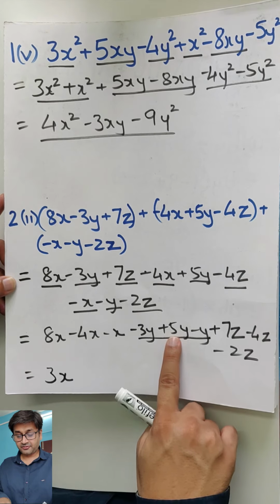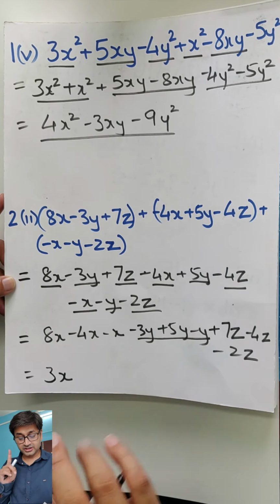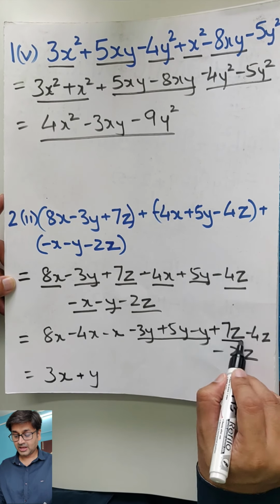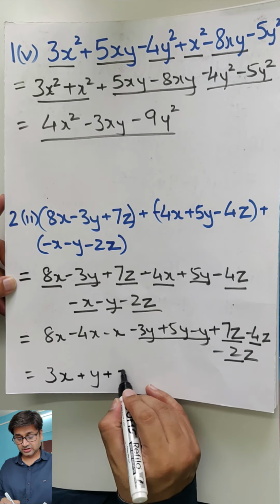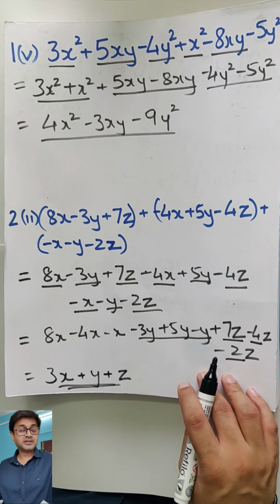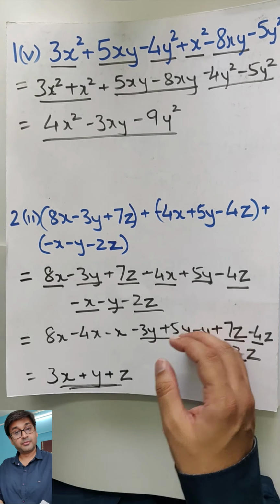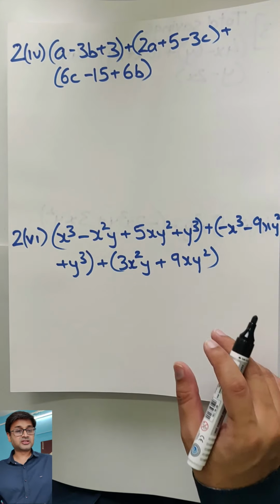Now this part, 5 minus 3 is 2 and 2 minus 1 is 1. So I will just write y or 1y, that's your call, no problem. 7 minus 4 is 3 and 3 minus 2 is 1. So I will just write plus z. Is it simple? How many of you will manage to get it before me? Brilliant, I am impressed. Come on, if you still feel you are good with this, let's take one more and